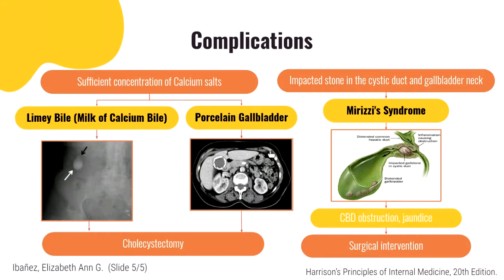And then for the last complication, Mirizzi syndrome is due to an impacted stone in the cystic duct and gallbladder neck. This would cause CBD compression, obstruction, and eventually would manifest in the patient as jaundice. And it is managed by,